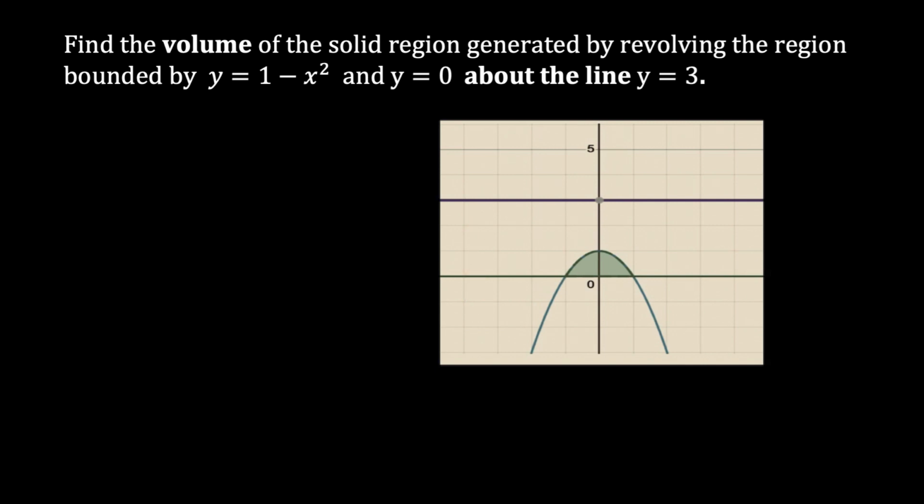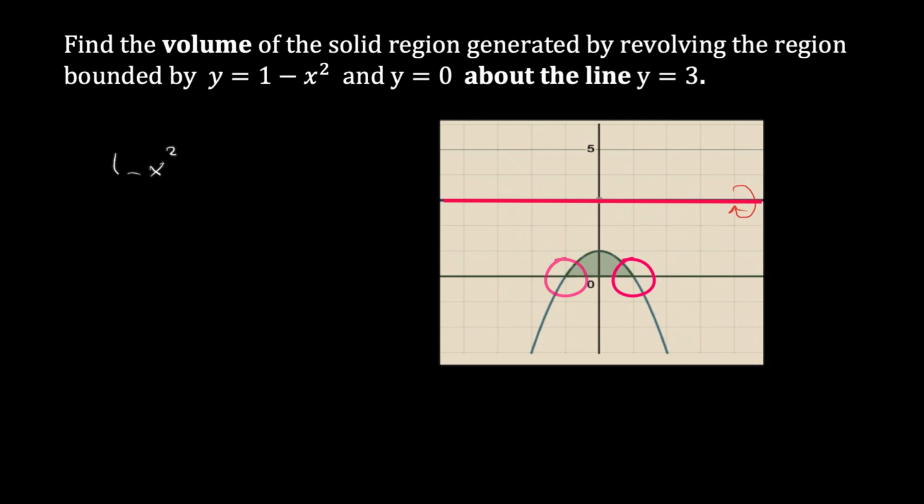So in this case, we are going to find the volume of the region rotating around the line y equal to 3, not around the x-axis. So the axis of rotation is going to be this one now, y equal to 3. Let's find first the intersection between the curve and the x-axis. So we can say